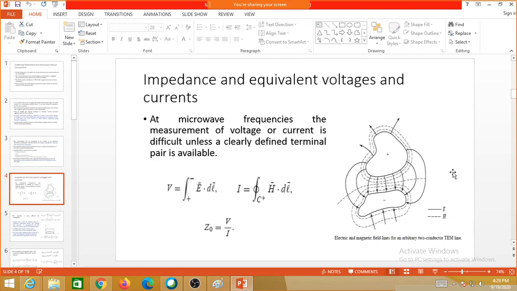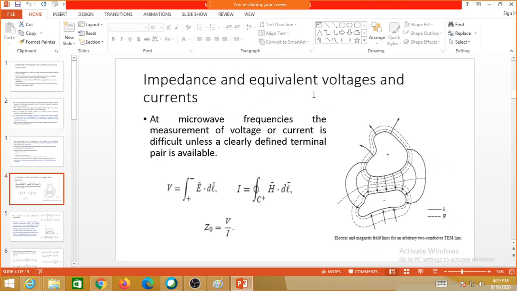That's why there is specialized equipment, which we call a vector network analyzer. It will not measure the voltage and current, but instead it will measure the scattering parameters. We'll see later what those scattering parameters are, as we already saw in the lab, S11 and S21. Those are measured at the higher frequency, and that is the equipment used to measure the S parameters.